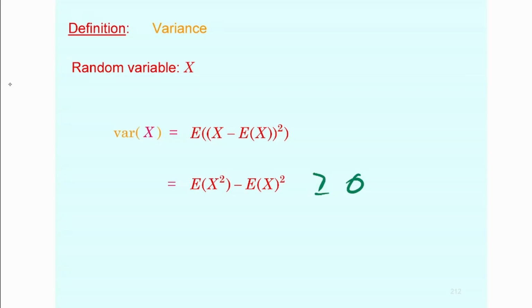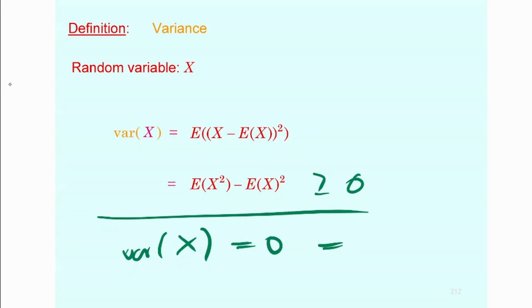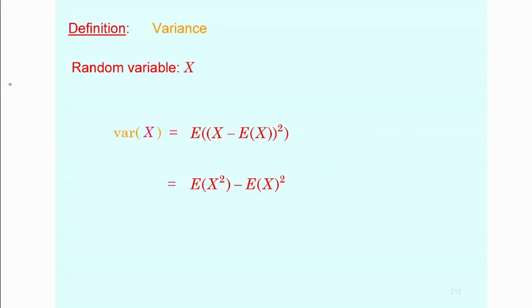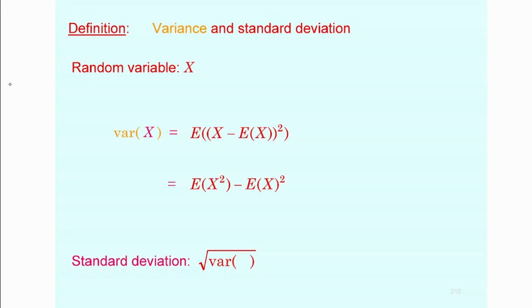If the variance of a random variable is 0, then the random variable is going to be a constant. Maybe I should say that: if the variance of the random variable is 0, this implies that the random variable is not random. It's going to be a constant. All right, so that should be clear now. And this is also true the other way around. If a random variable degenerates to a constant because there is no randomness anymore, then it has 0 variance, of course. Anyways, the standard deviation is going to be the square root of the variance. I think this is also something which you're familiar with.